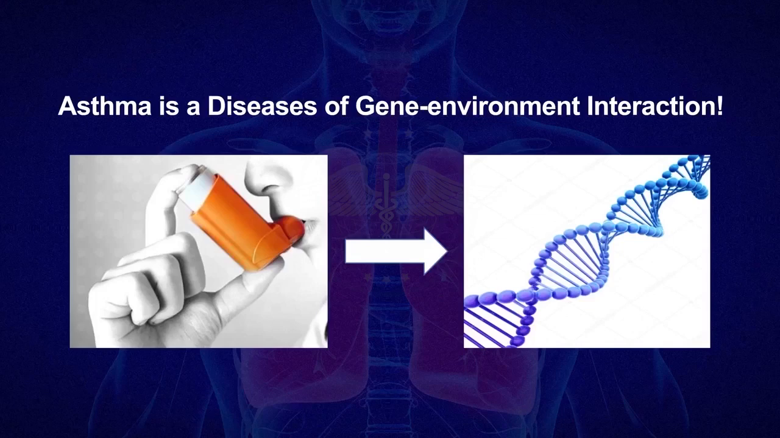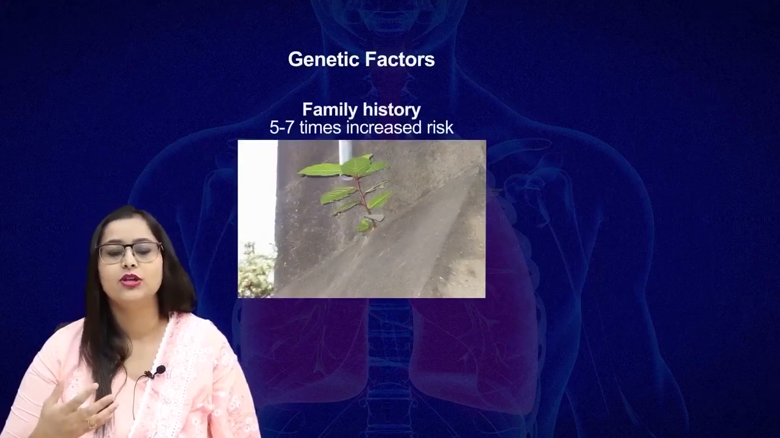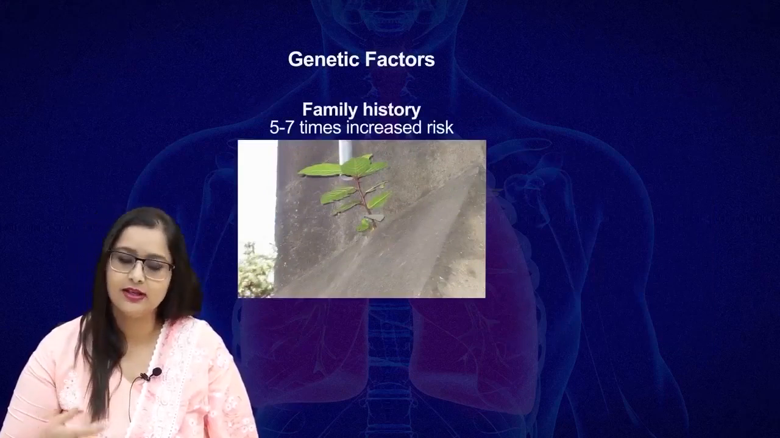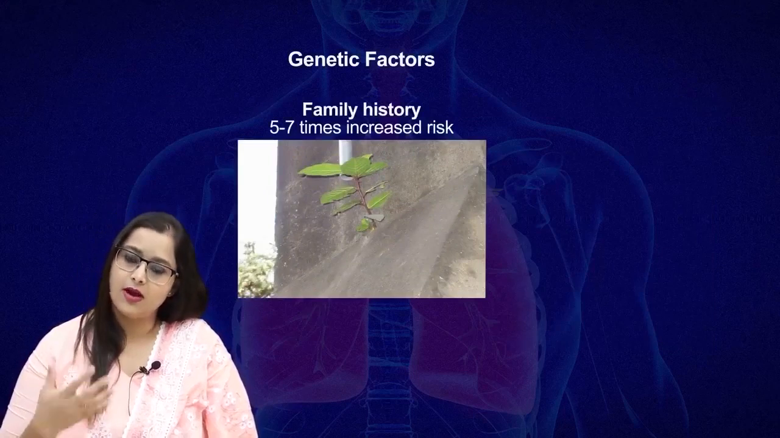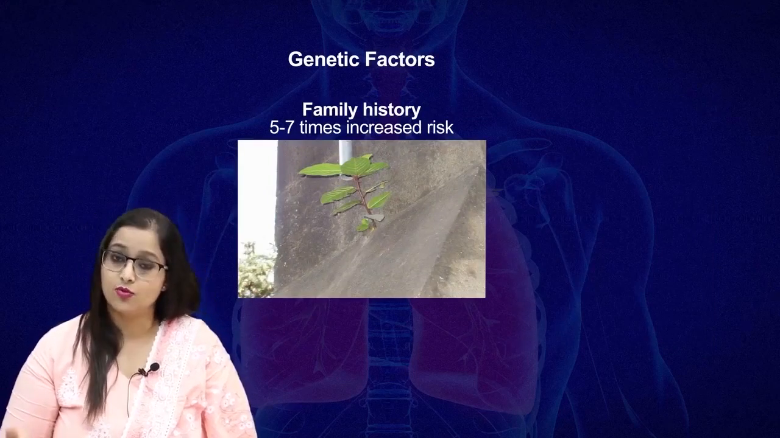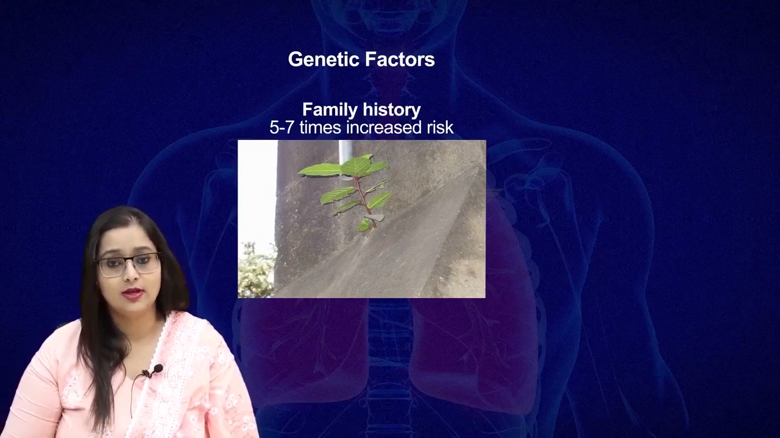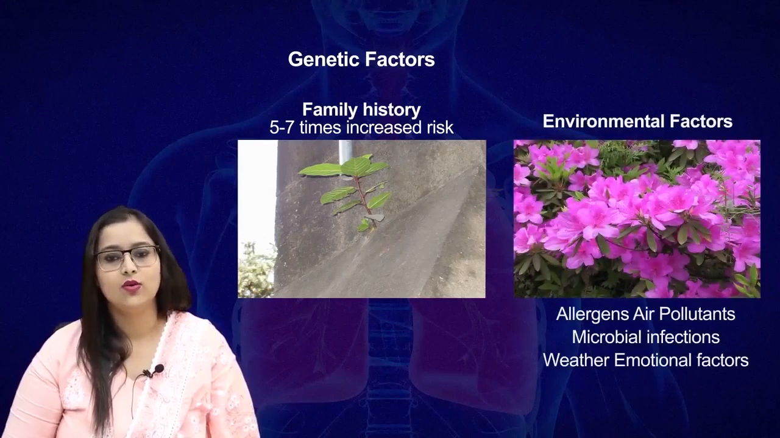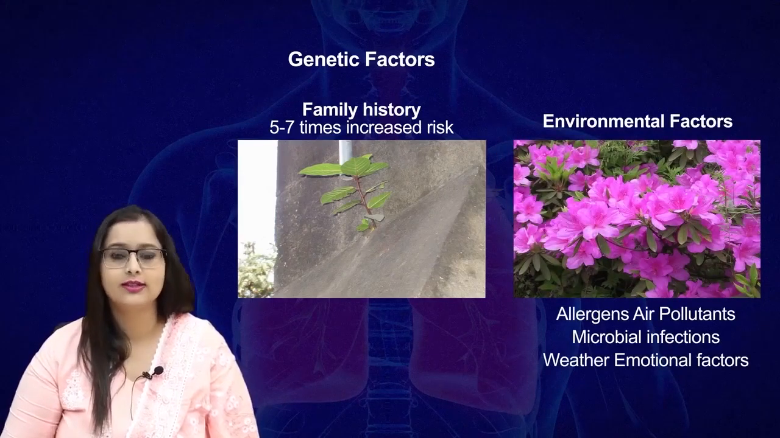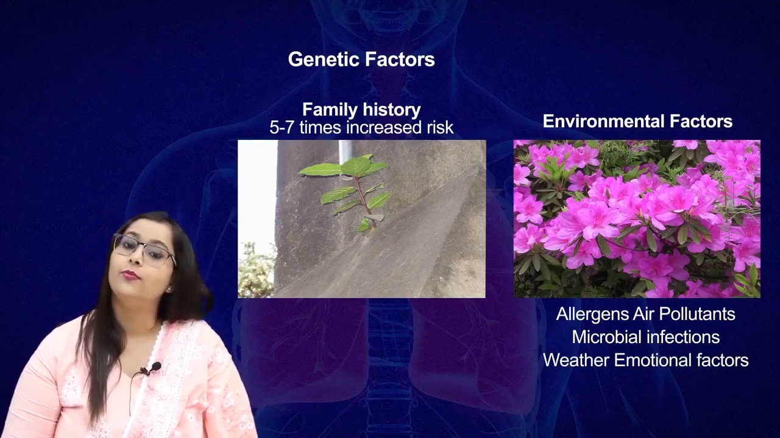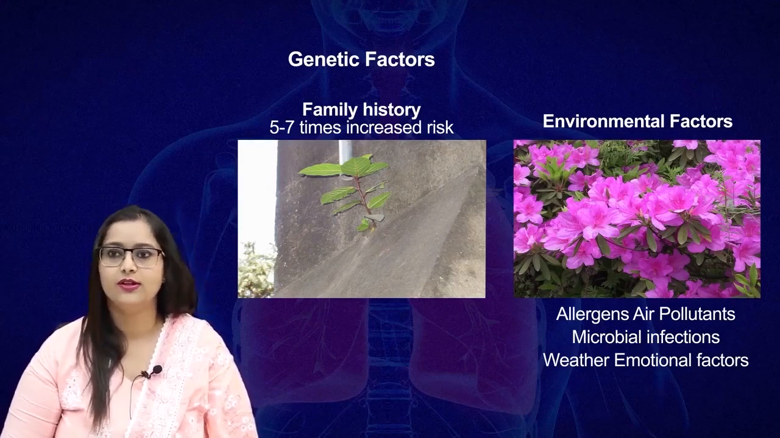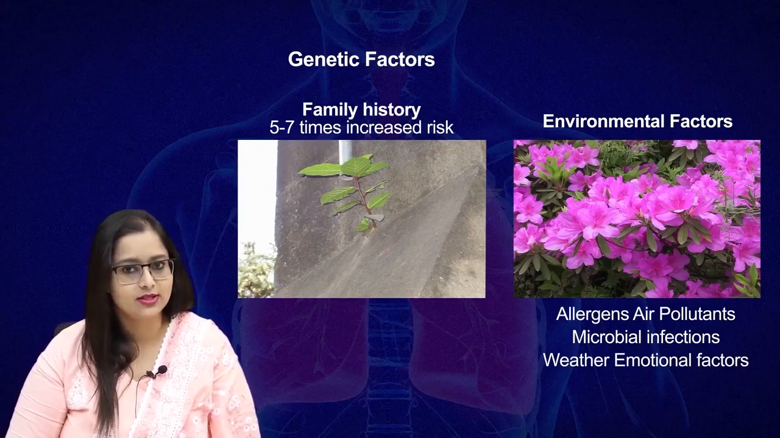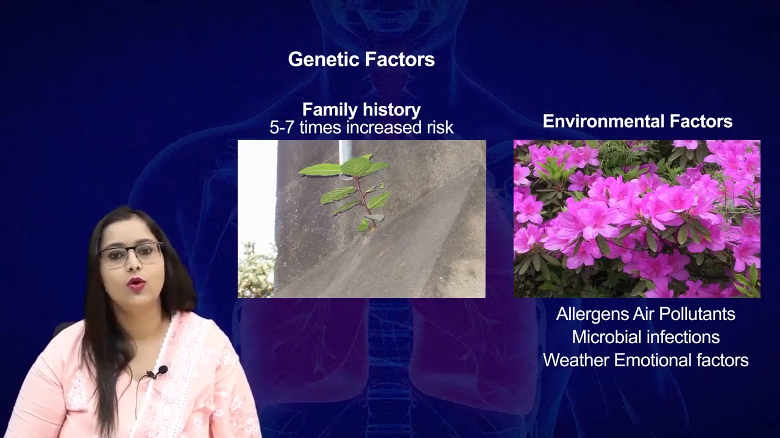gene-environment interaction disease. And when I say gene-environment interaction, what I mean is there is a lot of genetic predisposition involved in the causation of asthma in an individual. The genes are passed on and heredity plays a very important role in causing asthma in a particular patient. The environment in which the individual stays or grows up or works and lives acts as a very important trigger factor for triggering the onset of asthma at some point in time, mainly either in the childhood or in the